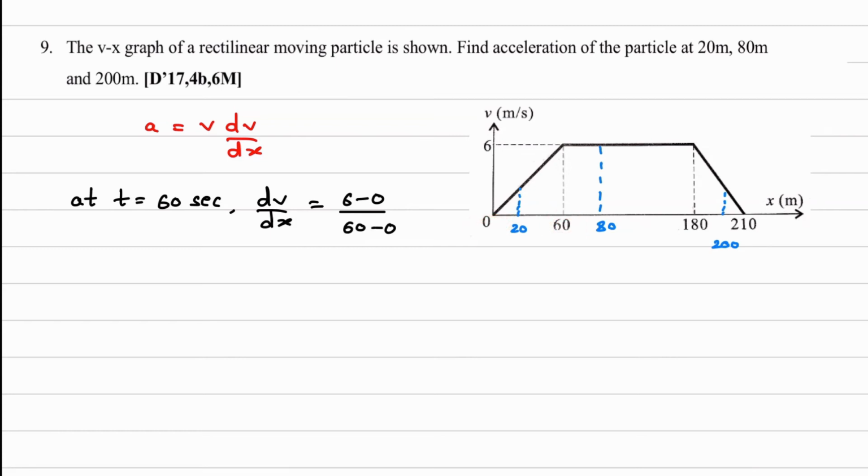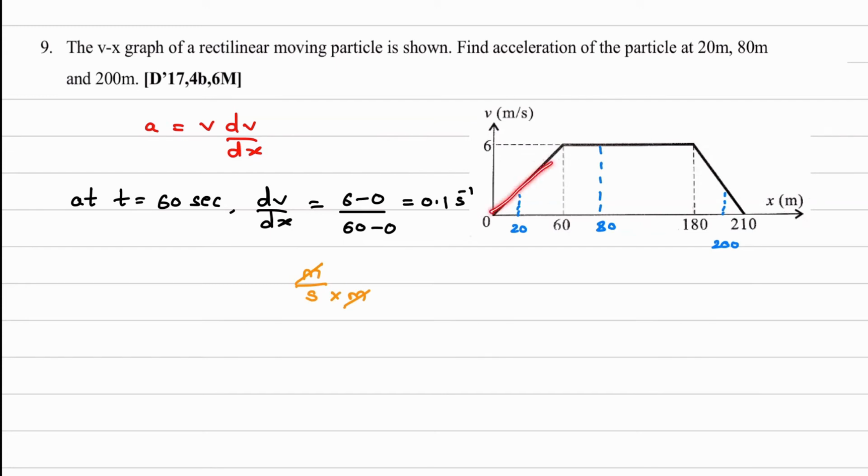So dv by dx is 0.1. Okay, so we'll see what will be the unit of this dv by dx. What is dv? It is change in velocity. Unit is meter per second. And what is unit of dx? It is meter. So meter will get cancelled and unit will be per second. So 0.1 second raised to minus 1. Okay, this is the slope of